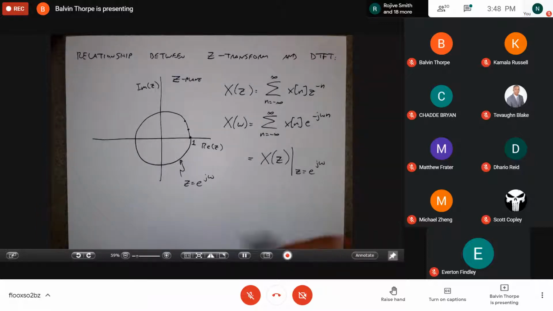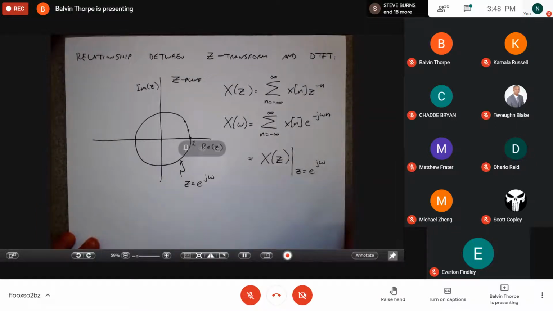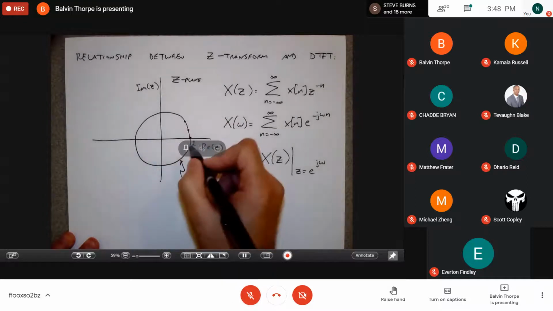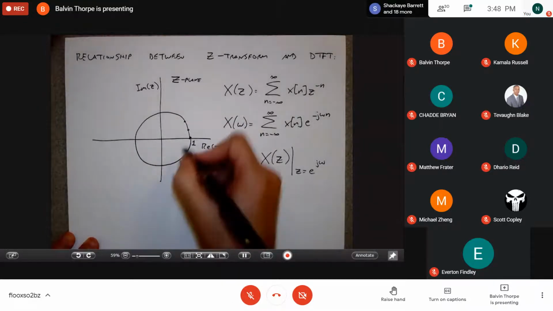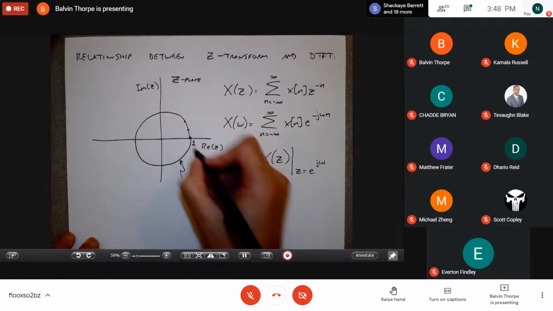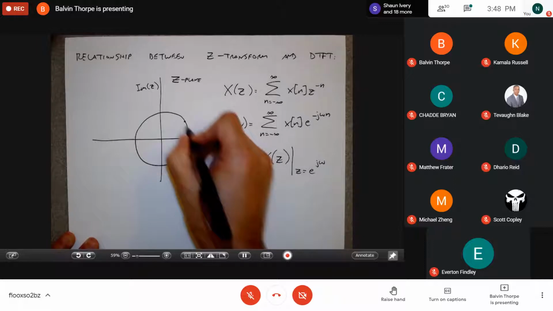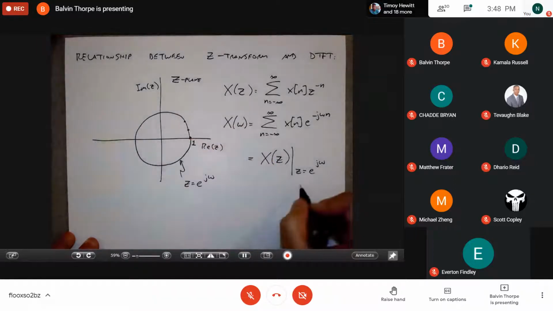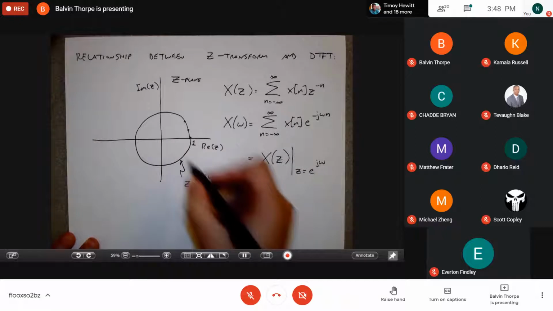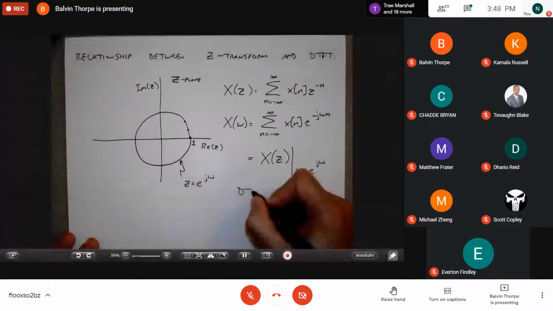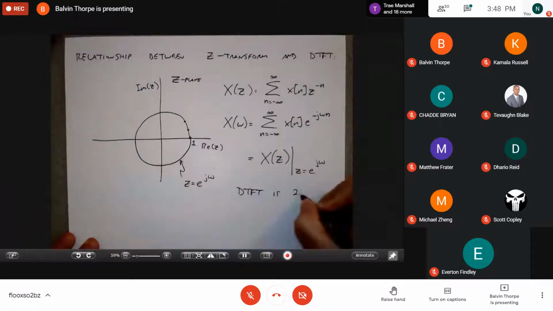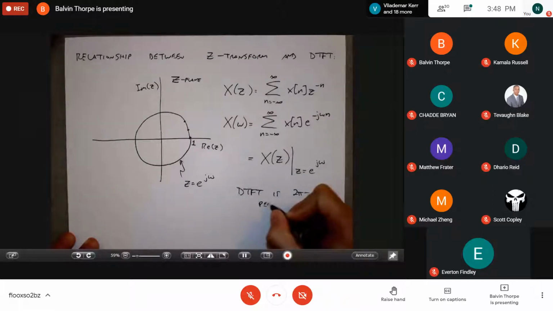And so when the Z transform and the Fourier transform both exist on the unit circle, they're related by this. This makes it clear that since I'm evaluating omegas as they go from 0 to pi, the DTFT has to be periodic. Again, as a reminder, the DTFT is 2 pi periodic.